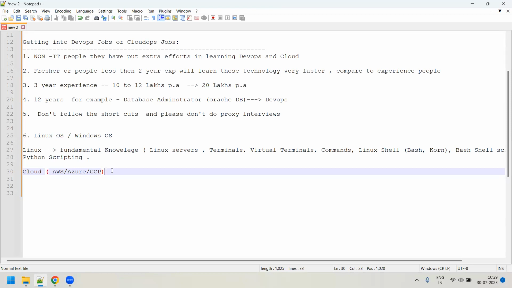Okay, so now the question comes, sir, which cloud do I have to learn? The current trend is that each and every company is expecting multi-cloud knowledge. It's not like one cloud. They need you to work on more than one or two clouds. Even in my current company, I have been working on Azure, but now they have got one more project which will be on GCP and AWS also. Even though I don't know GCP now, I have to learn GCP also.